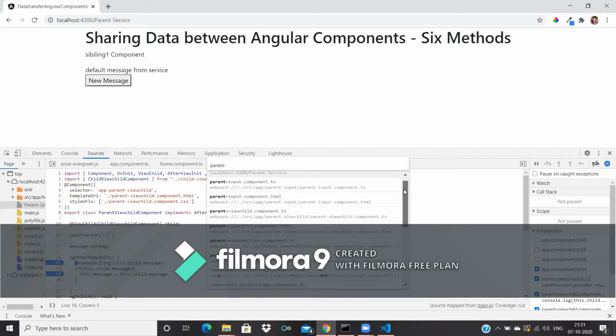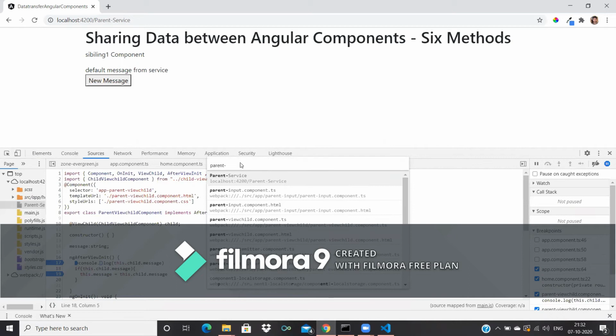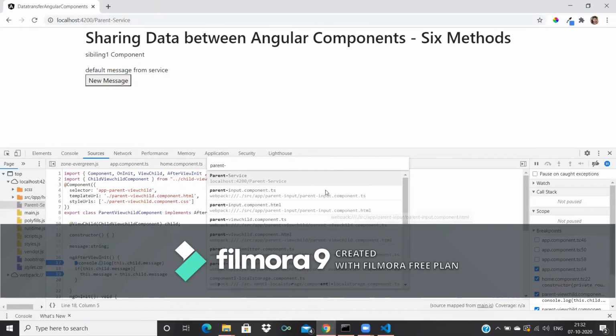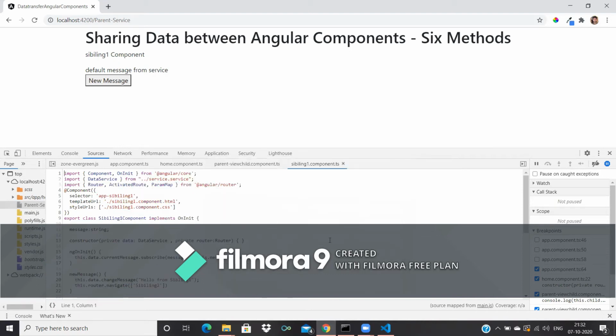I want parent service.ts. The file name is what I kept. Sorry, siblings one. Okay, the siblings one component TS.